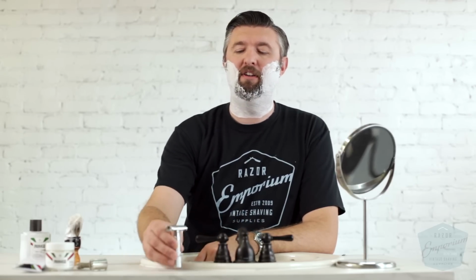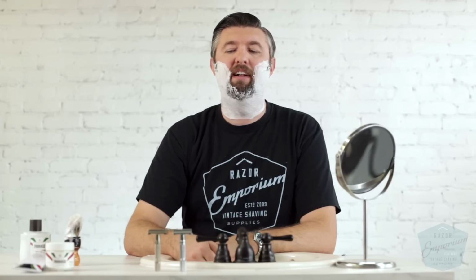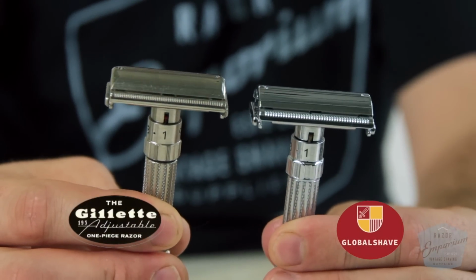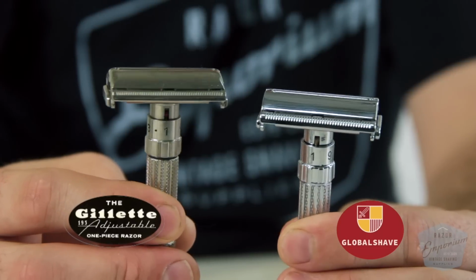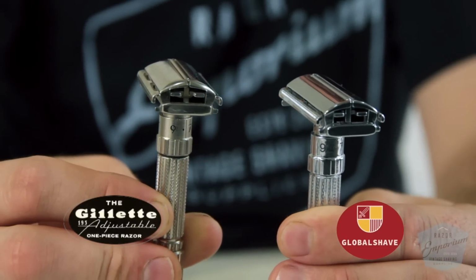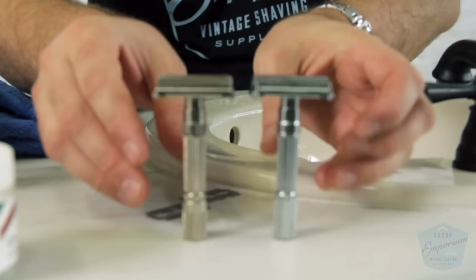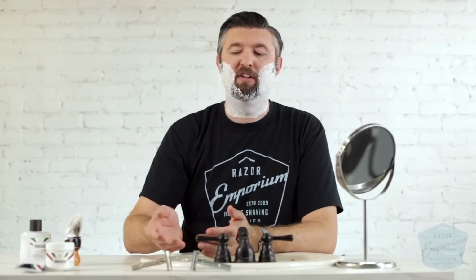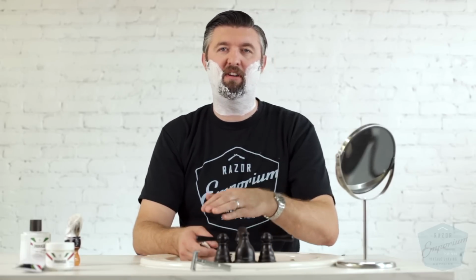If you guys haven't already known, there is a new Fatboy clone on the market, and it is called the Fatguy. It's coming from a company called Global Shave Club, and they are claiming it to be a faithful reproduction of the original Gillette 1.95 adjustable razor. Today we're going to put some of those claims to the test, both in construction and also shave performance. I think we'll start with the shave performance and talk about construction as we're